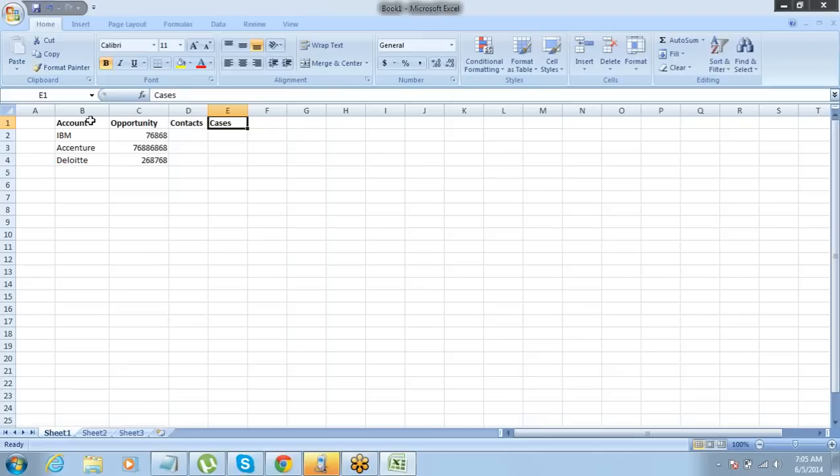It is not that account is a parent, opportunity is a child of account, contact is a child of opportunity, cases is a child of contact. It's not like that. You can include four objects which are in a linear hierarchy. Parent, child, child's child. Okay, right. Renu is asking what is linear hierarchy. Okay.